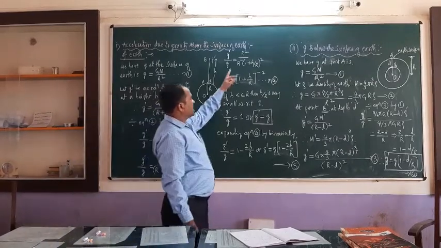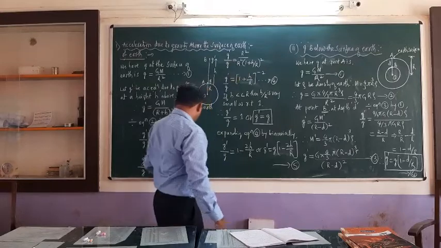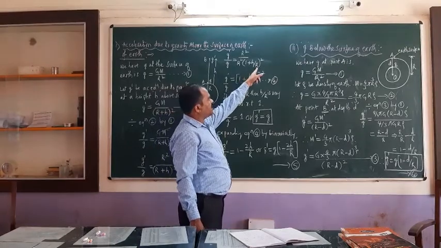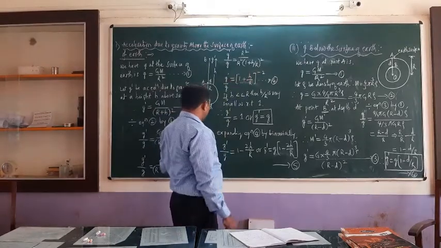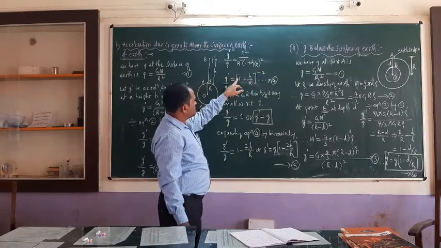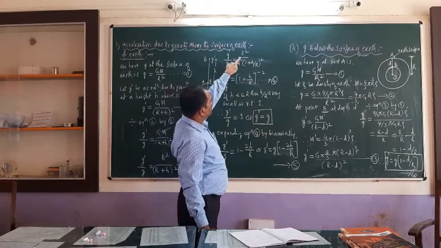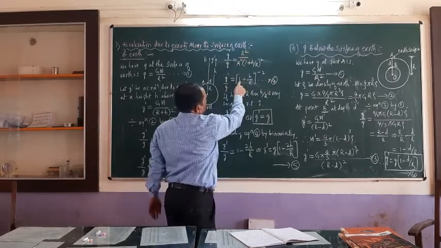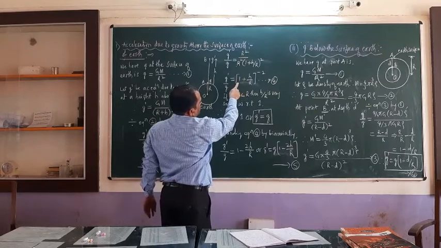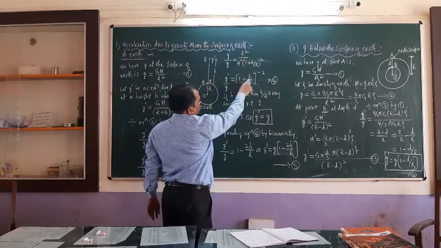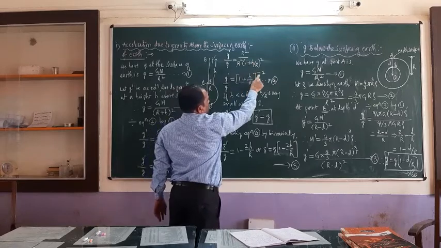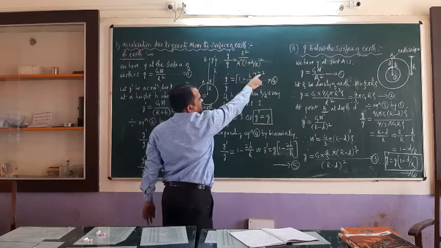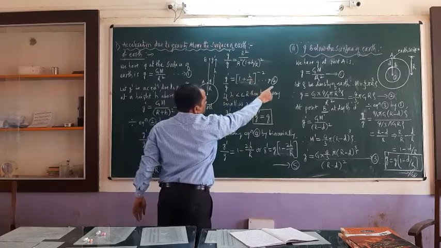Now simplifying this once again, R square divided by R square into bracket, so this R plus h whole square can be written as 1 plus h divided by R whole square. So it is as good as the same equation only. Then R square gets cancelled, and we are left with 1 divided by 1 plus h by R whole square. So that we can write as 1 plus h divided by R whole raised to minus 2, because if you take the 1 divided by term to the numerator it becomes minus 2. Let it be equation number 4.